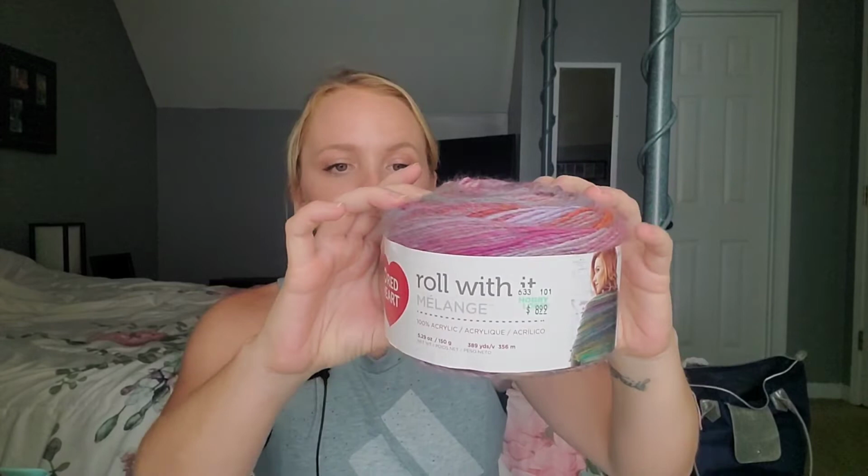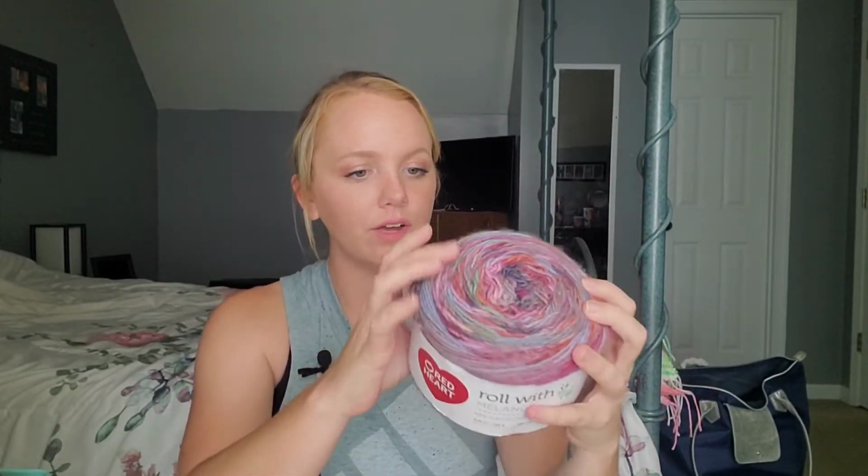is my Mosaic blanket. So this is also by MJ's Off the Hook Design, as well as that pillowcase. And I'm using, I think it's the Pound of Love. I think this is like elephant gray or something like that. And then I'm also using, let's see, the Red Heart Roll With It melange, and this is the color, if I can find it, Hollywood, and it's 100% acrylic. Both of these are number 4 weight yarns, and I really love this, and I miss working on it, but